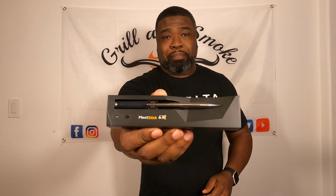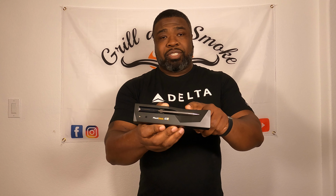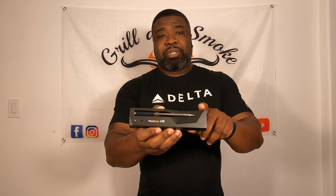So basically what you're looking at, let's go ahead and get it open. And this is what it looks like out of the box. So you have your probe, which is here, and this is the charger for it. And it takes 2 AA batteries. When you first get it, you need to charge it for about an hour, 2 hours, and it lasts 70